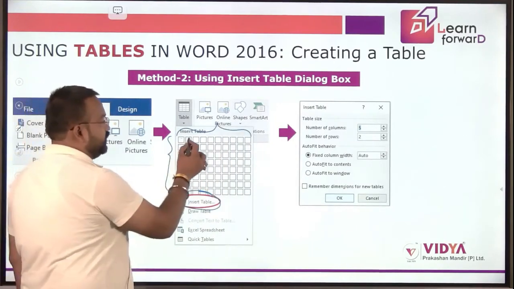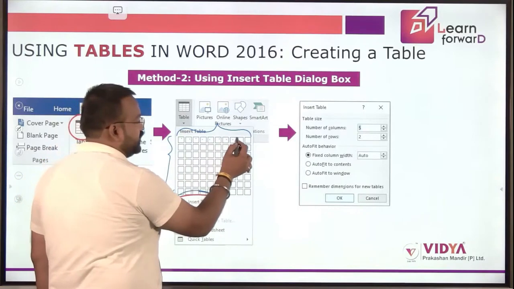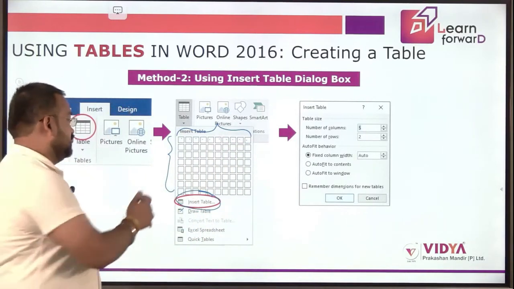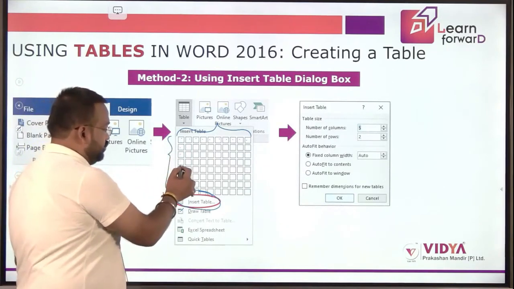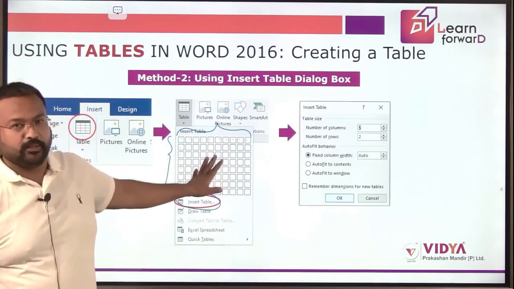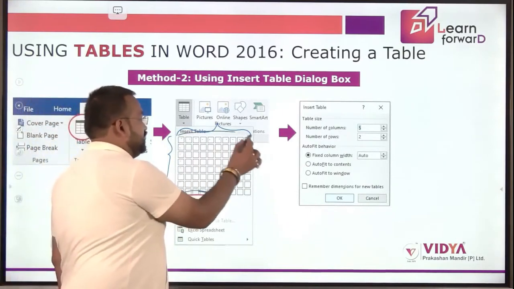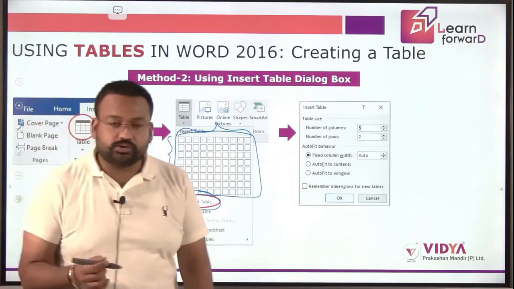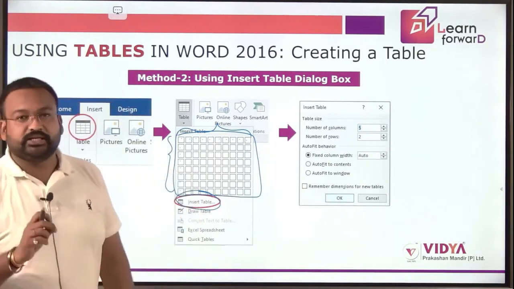If you count, there are 1, 2, 3, 4, 5, 6, 7, 8, 9, 10. That means a maximum of 10 columns and 8 rows. So this is fixed. By that method, we can't create a table containing more than 8 rows or more than 10 columns.